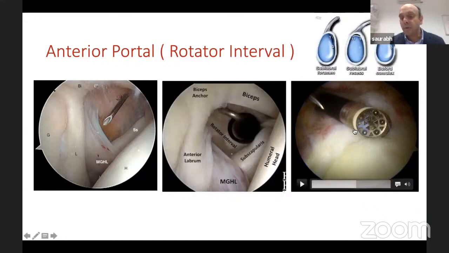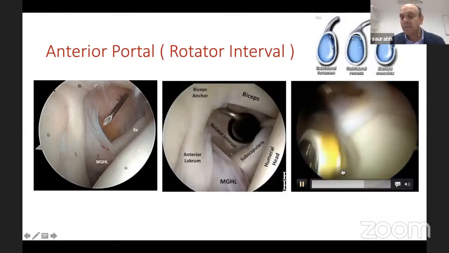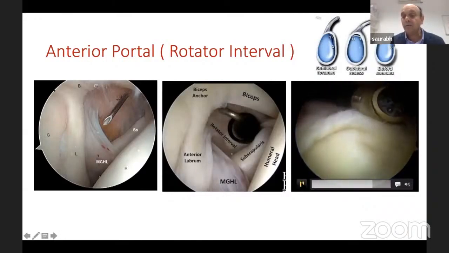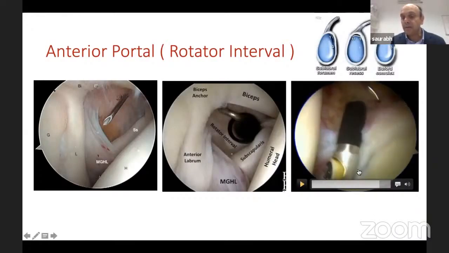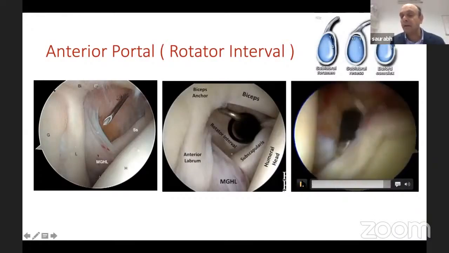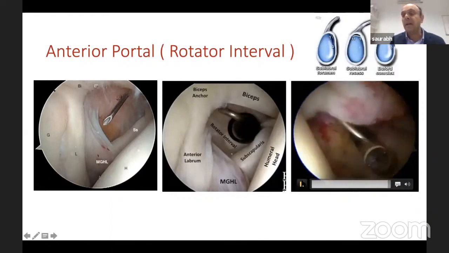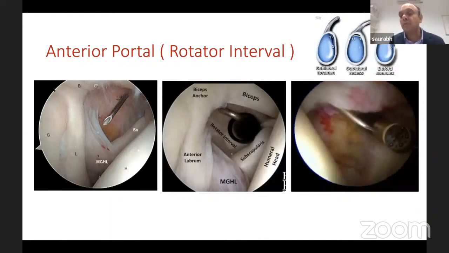And this is me probing my labrum. And you will see that there is a foramen there. It's not a tear, it's a foramen. So that's superior labrum. I probed it. This is glenoid cartilage. That's bone. That's the border of superior glenoid. You can see labrum is stable after debridement. And this was the foramen there. So it's a normal variant. It's not a tear. Why do we say it's not a tear? Because if you see the anterior glenoid cartilage, that was healthy. So this is how I know it's not a tear, it's a variant.